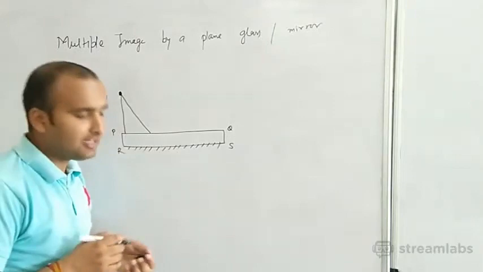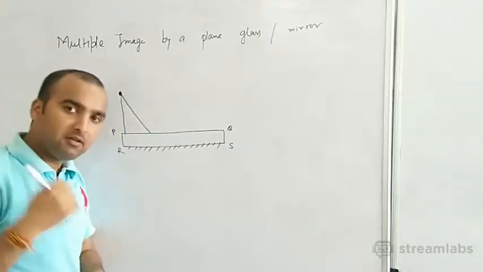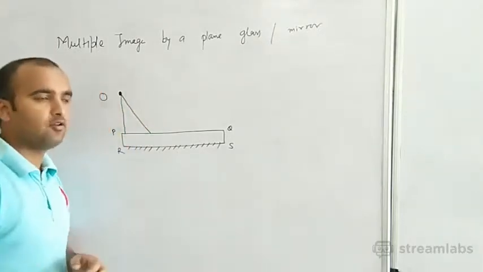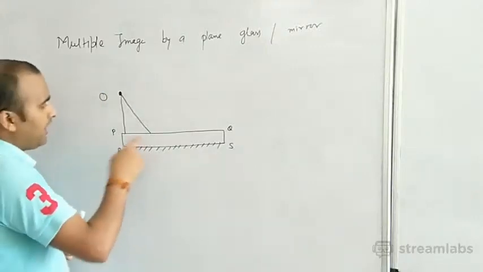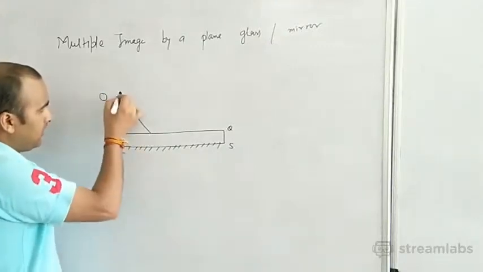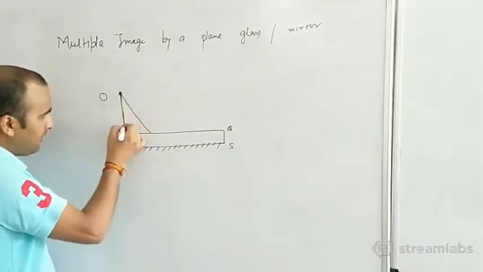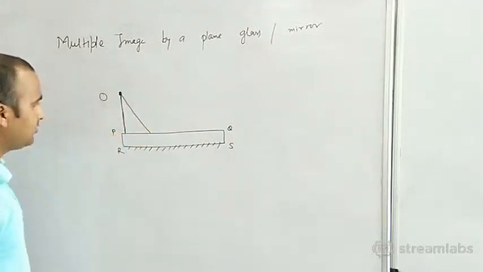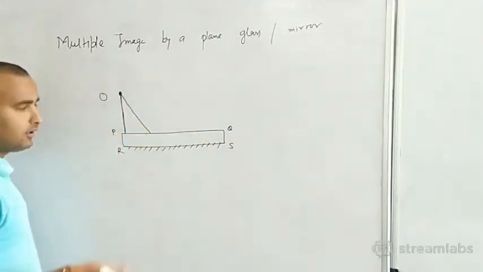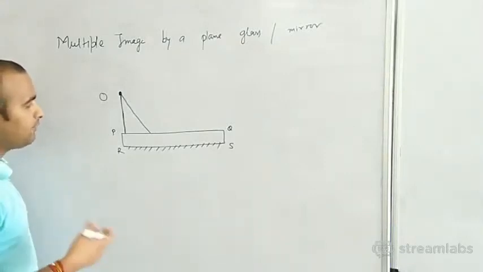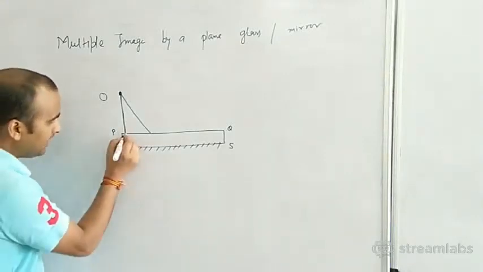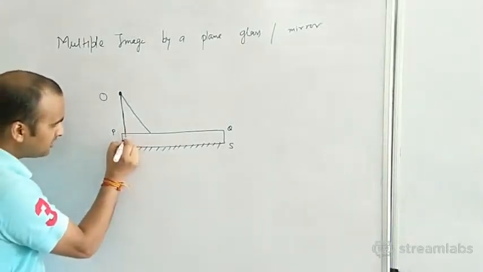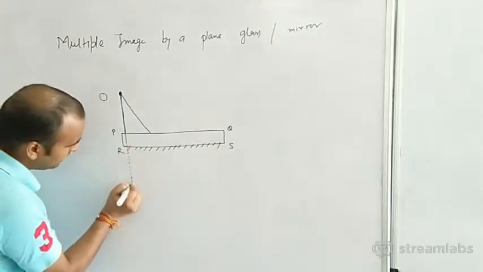Okay, if a light is incident on a surface, then there will be reflection and refraction. When light strikes, you know very well, if a light is coming perpendicular to a surface, then there is no reflection and there is no change in the path of the light. The light passes directly out from this surface, and the path of the light is like this.